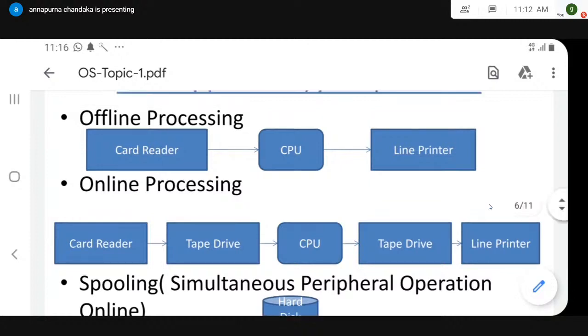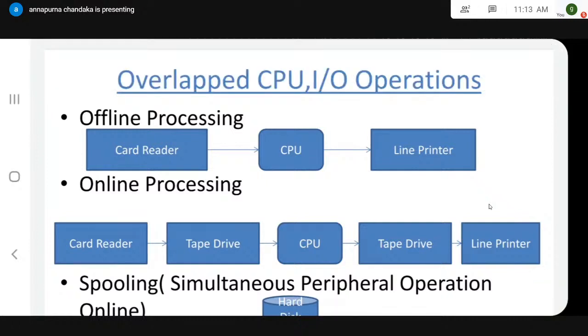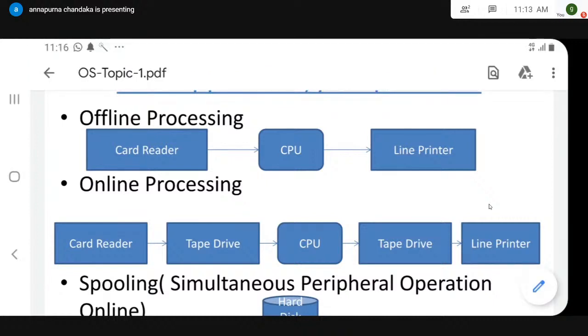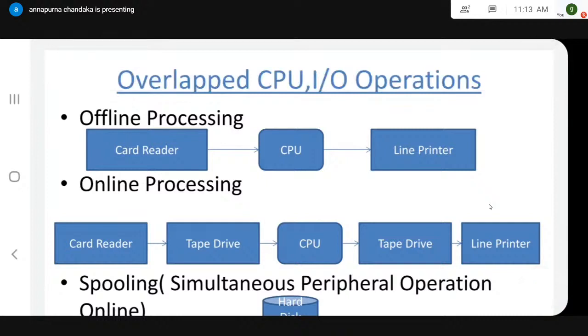Earlier, people were writing programs on punched cards. These punched cards are put on a card reader. The CPU reads information from the card reader and executes it. And whatever output is produced is directly copied onto consoles, in the form of lights, or onto line printers. The output is displayed on line printers.